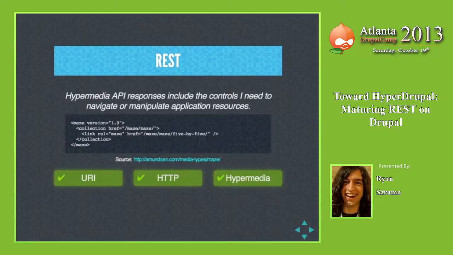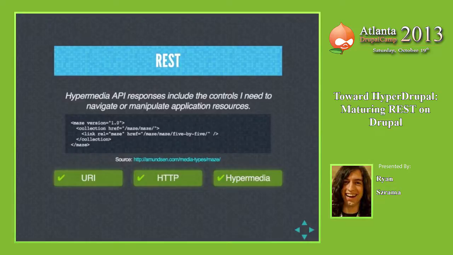Yeah. So maybe right now this is a Drupal module because I just wanted to prototype it. But then when I want my maze server to scale, maybe I hand code it in some other language entirely. I switch to Node. But as long as my output, regardless if it's coming from a MySQL database, whatever, as long as it's in this media type and it conforms to the specification, it's going to be the same. You don't have to change your client at all.